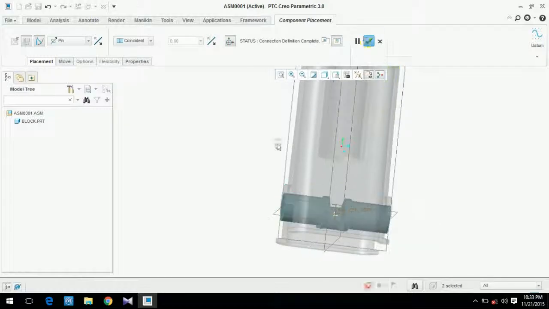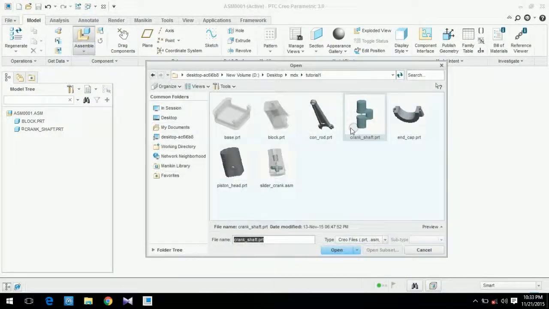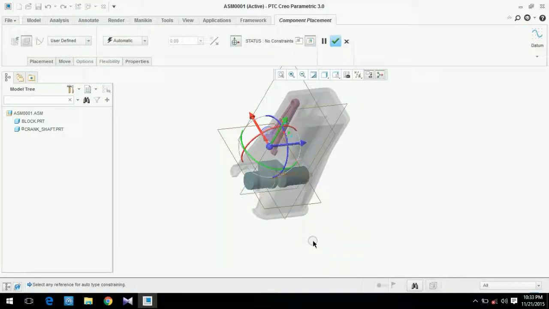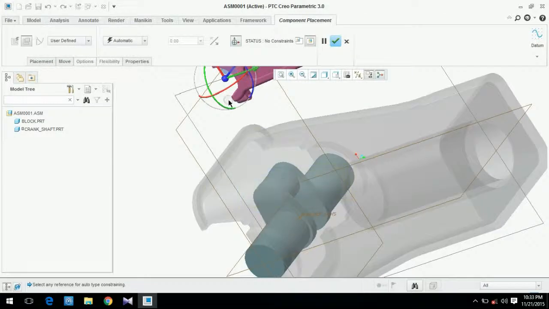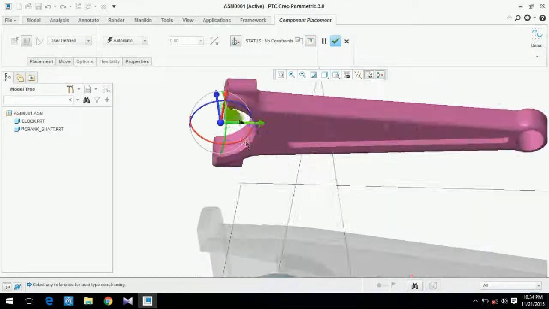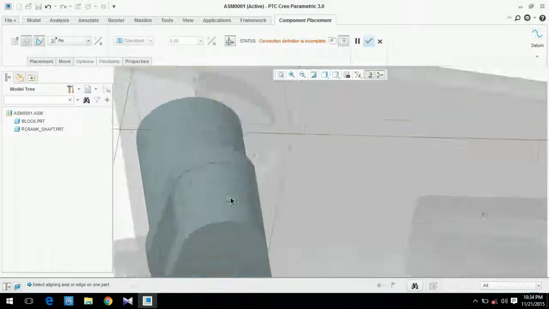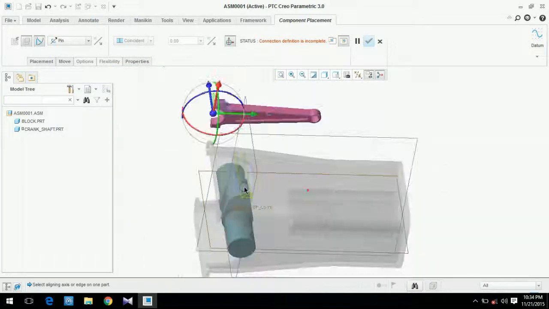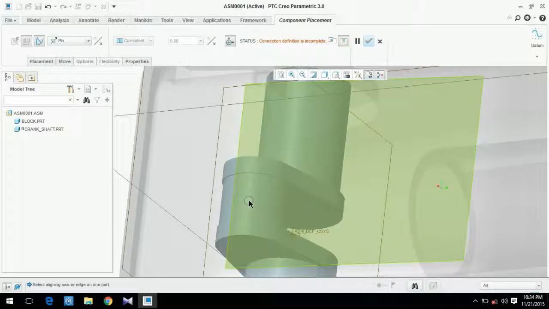again, next part. We want to assemble the connecting rod. The connecting rod should be here between this, so we will select this first of all, pin with this surface, but the outermost surface is being selected, so we will right click to alter the surface.